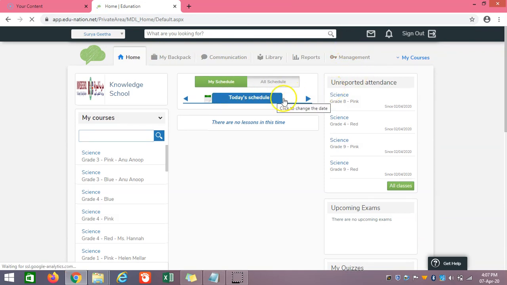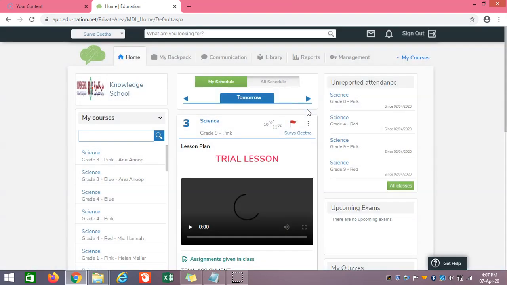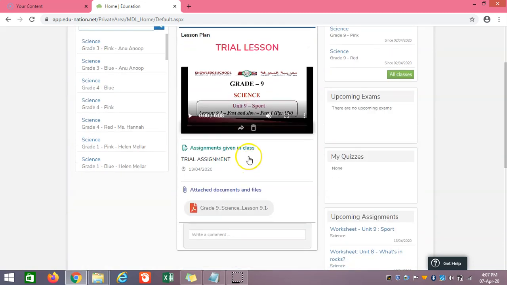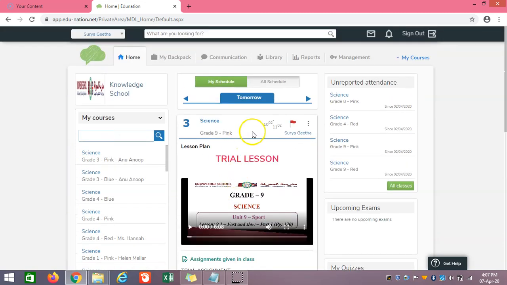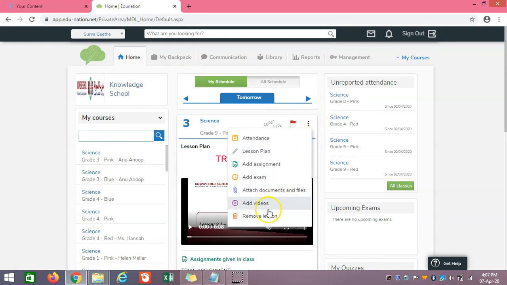next is about how to delete or remove a lesson. We have seen all the lessons we have uploaded. If you want to remove a lesson, we can go through the 3 dots, press on that, and we can remove the lesson. Please note that if you're removing the lesson over here, the files will not be deleted. Only the lesson will be deleted, but the files that we have uploaded, like the video, assignment, notes, will not be deleted. If you want to delete them, you have to delete the files first and then remove the lesson. Otherwise, if you remove the lesson, the files will still be there in the file section.